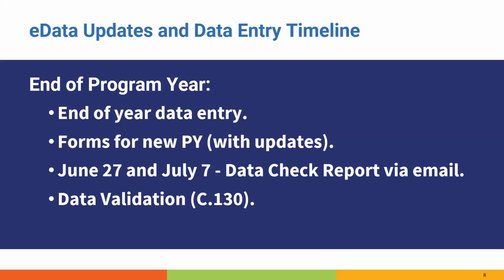Another very important process as we get to the end of the program year is the data validation process. That is in Division Policy C130. And that has instructions within it on how to complete the process. And the last page is the form that you submit to the division. One quick note there is part of the process is running reports on the data validation form. It specifies certain reports to check for the data. It's important to note that those should be done on the data validation page, because the data validation page in